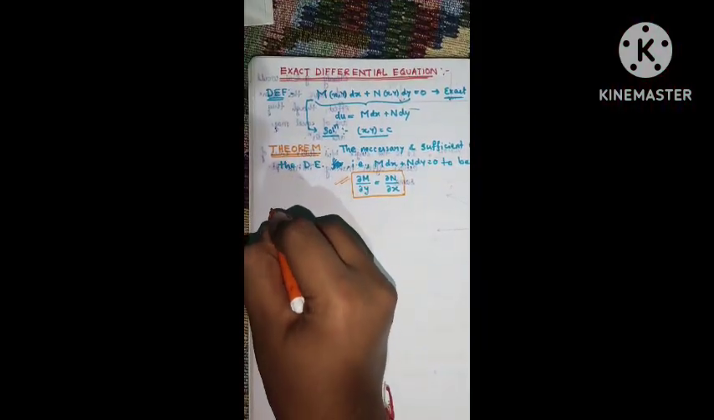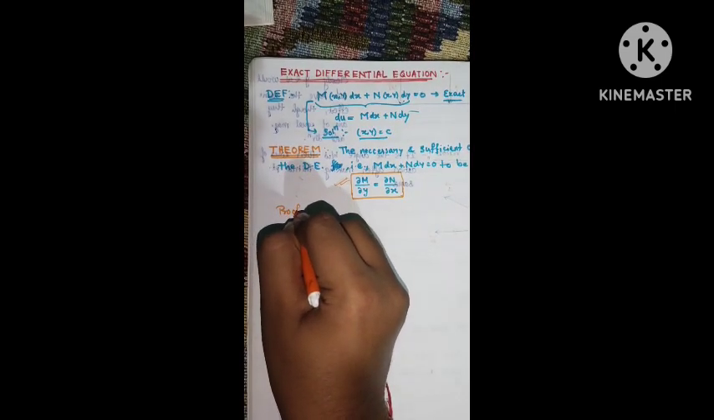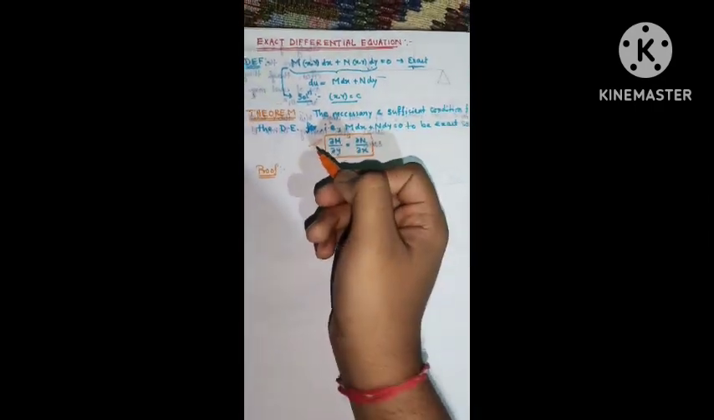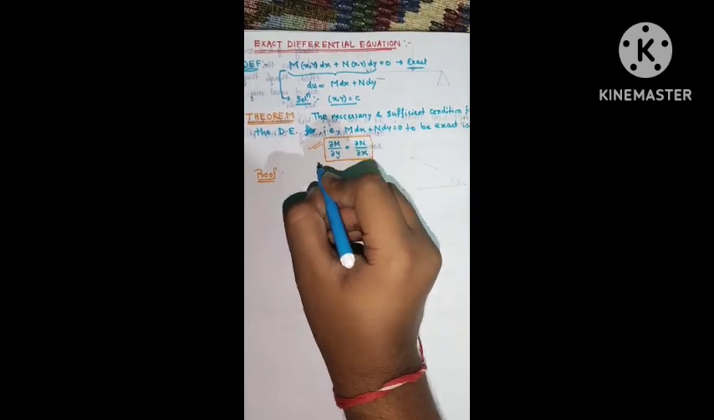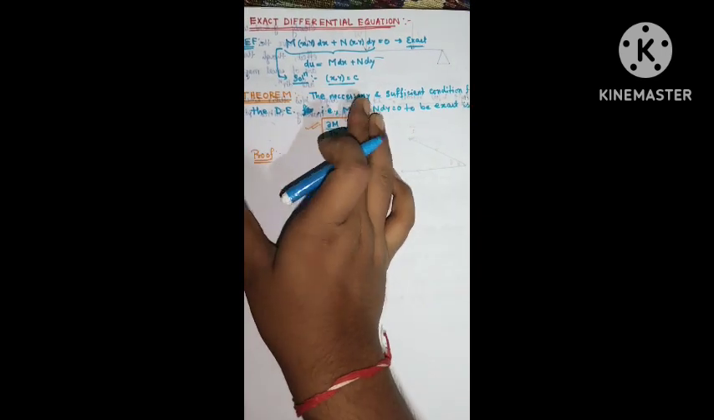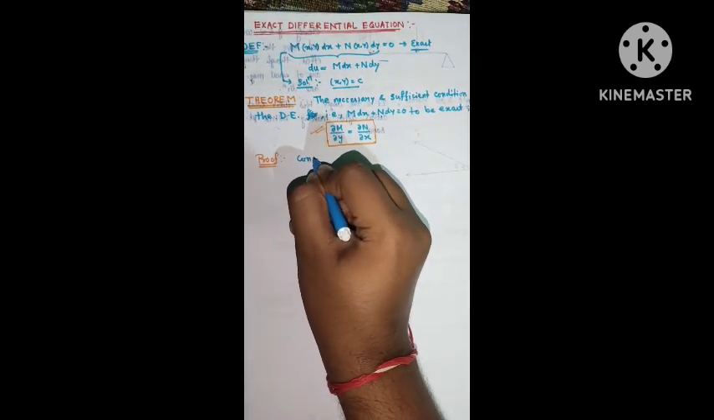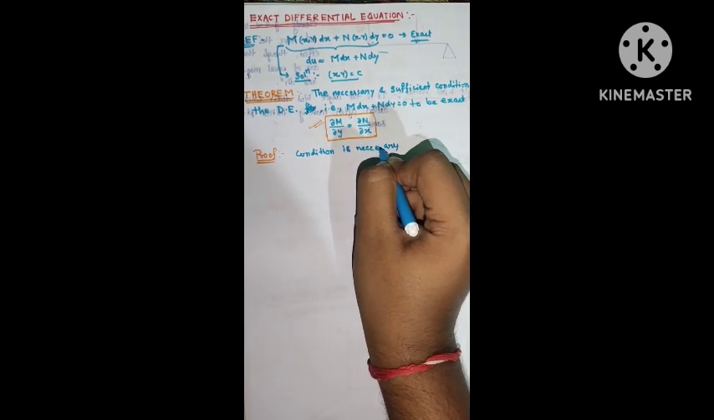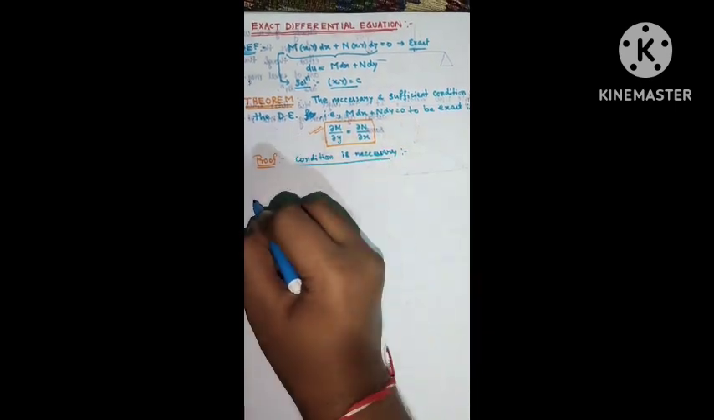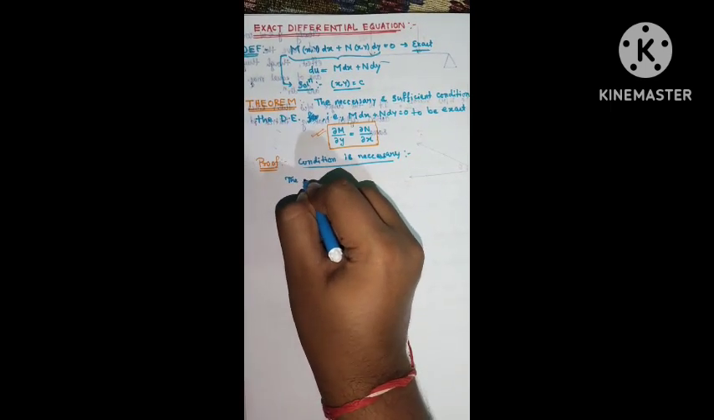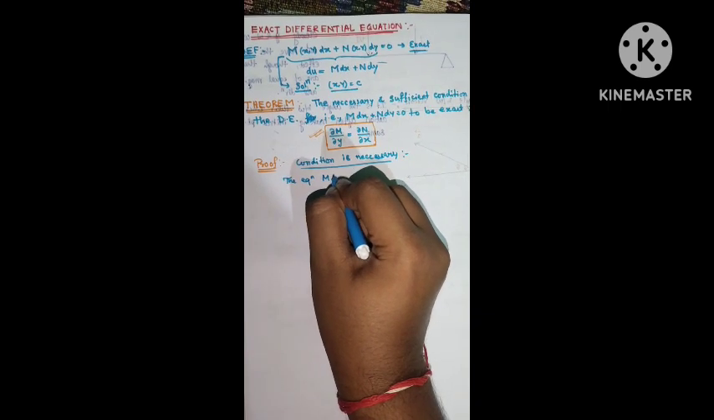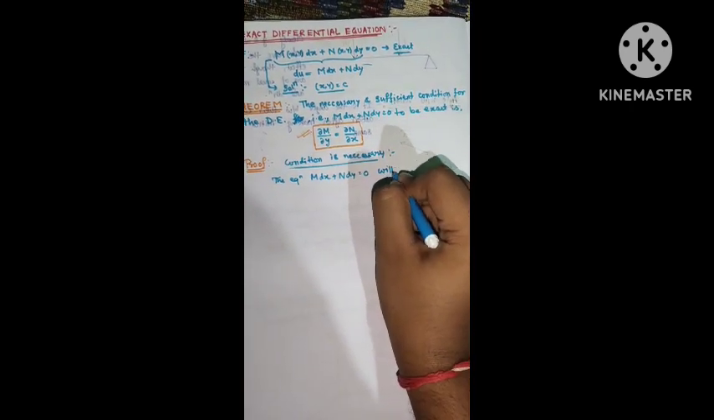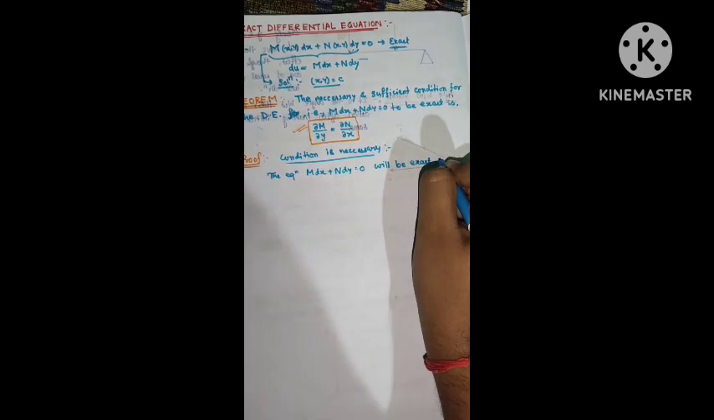Now we are going to prove this theorem so that you all can have a better understanding of it. I would proceed by the necessary condition. I will prove first that the condition is necessary. So the equation I have, M dx plus N dy is equal to 0, will be exact if